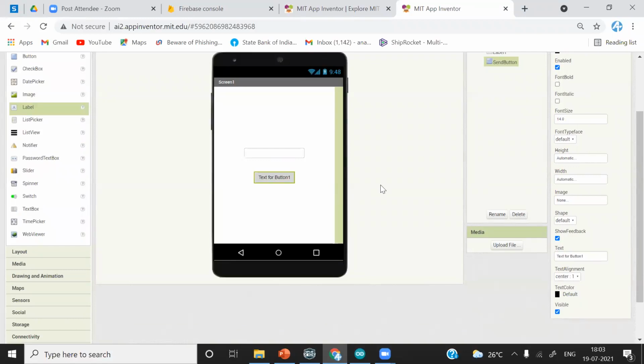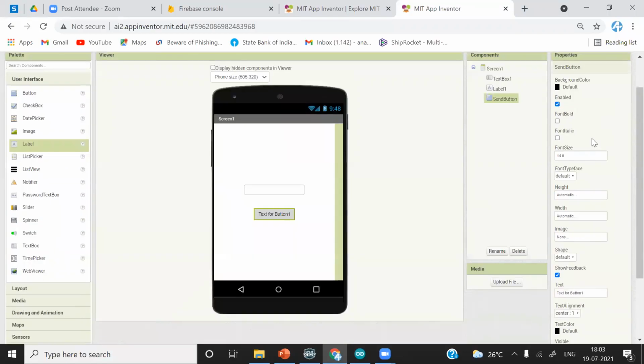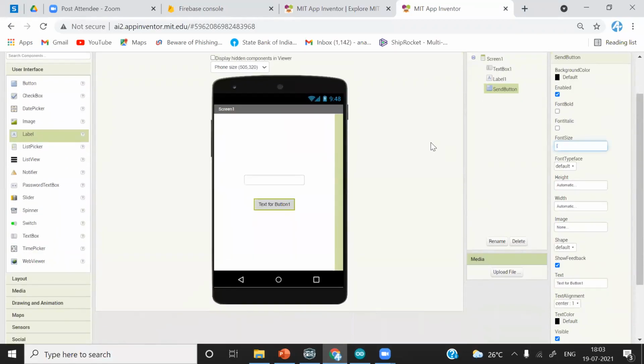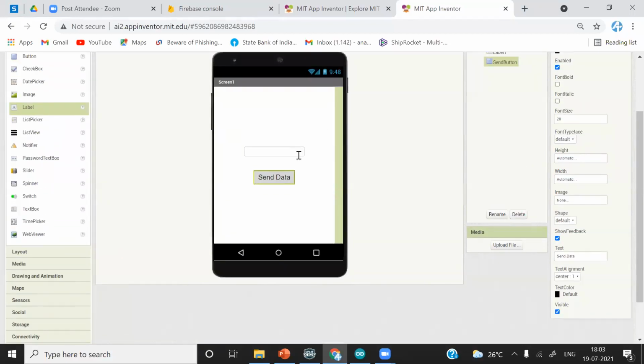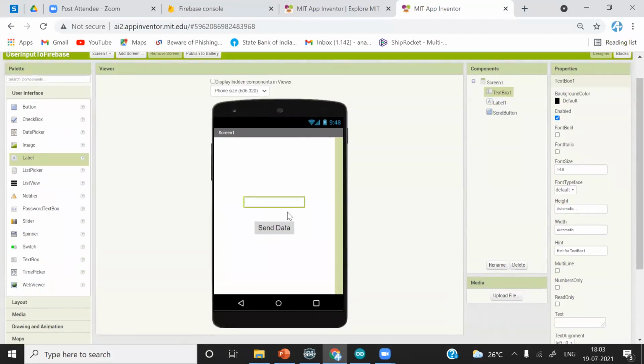And then I will change other attributes such as font size 20, and the text as send data. Okay, send data. I'll make the font size of the user interface 20 also.